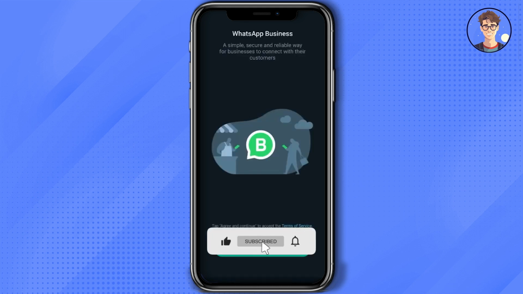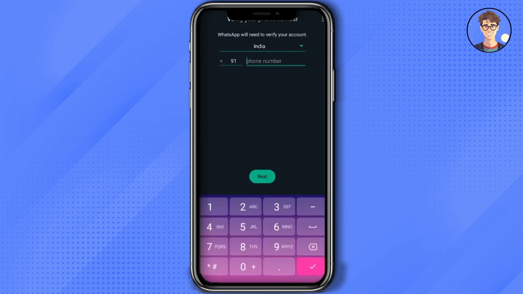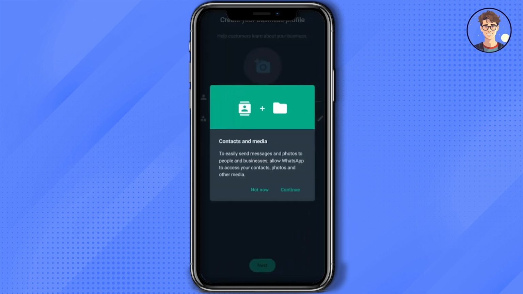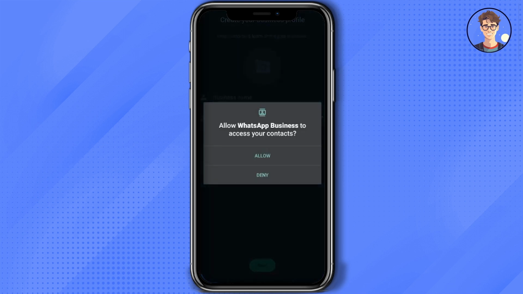So after you open the application, click on agree and continue. Now over here, enter the exact phone number that you used for the personal account as well. So enter the number, then just simply click on continue, then again continue. And now just simply wait for the code. After that, click on continue, click on allow,